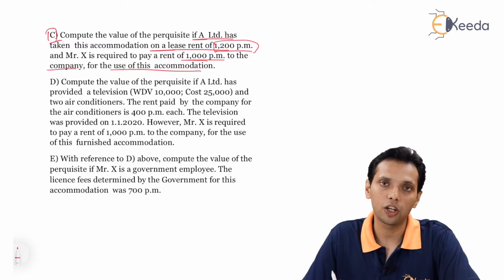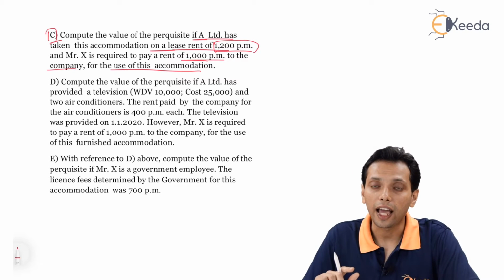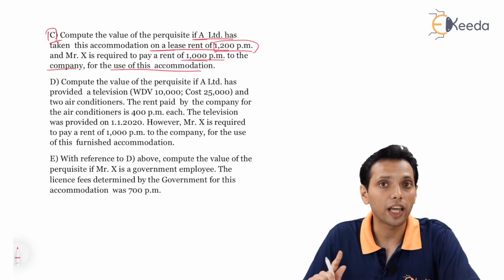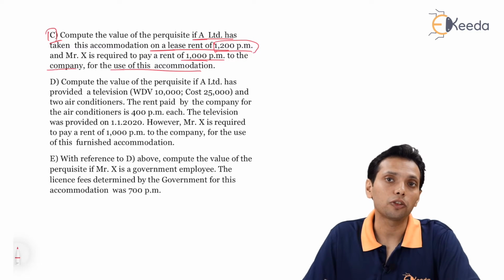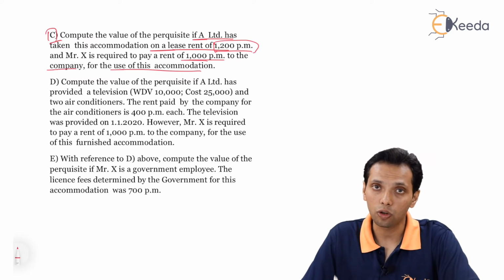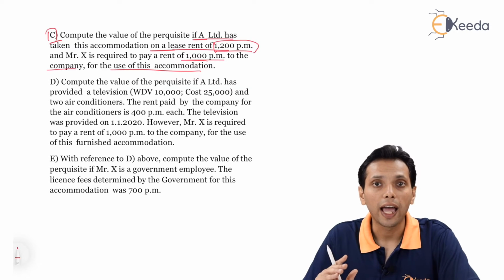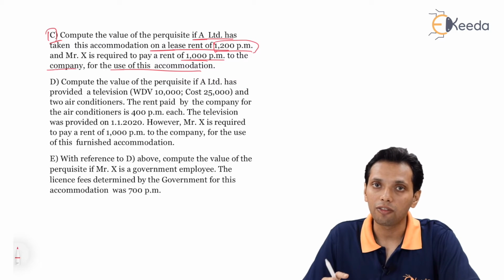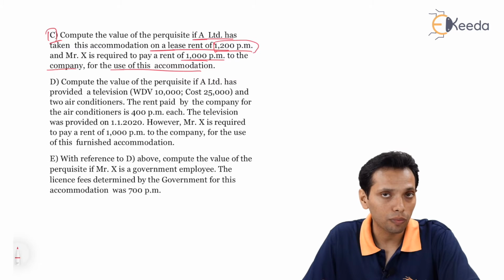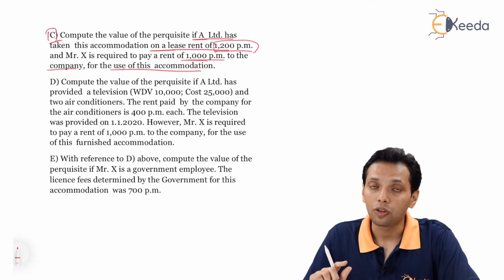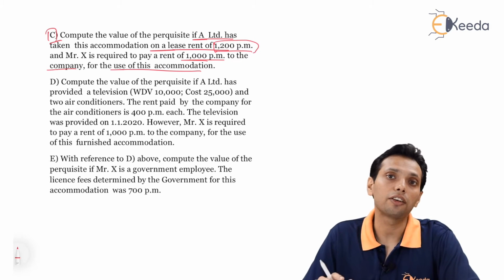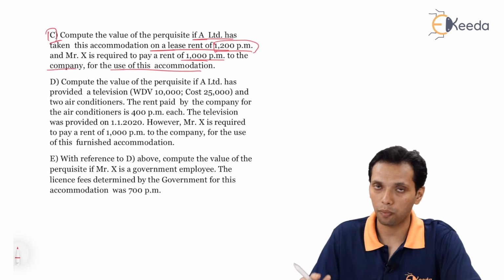So the perquisite value will be calculated as the actual hire charges paid by the employer or 15% of the salary, whichever is lower, will be the perquisite value. Then we will consider whether any amount is recovered from the employee. If yes, is there any concession in the rent provided to the employee? So first